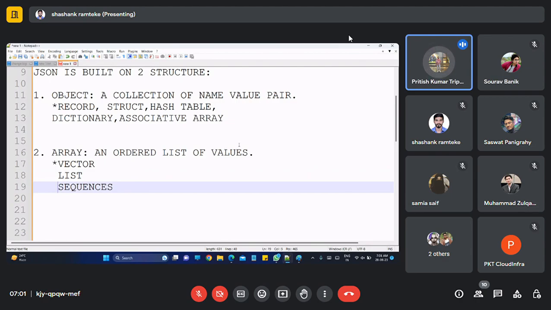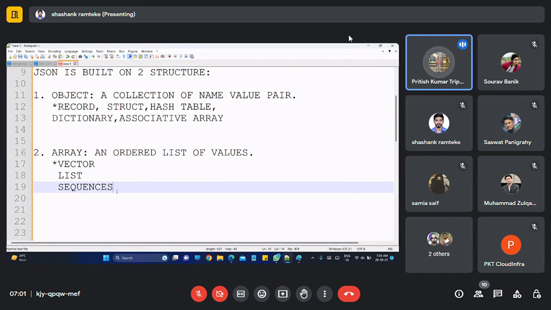So these are the specific three things associated with array. And record, struct, hash table, dictionaries, associative array are the things associated under the object. Okay, so actually in all modern programming languages, this object and array are supported.